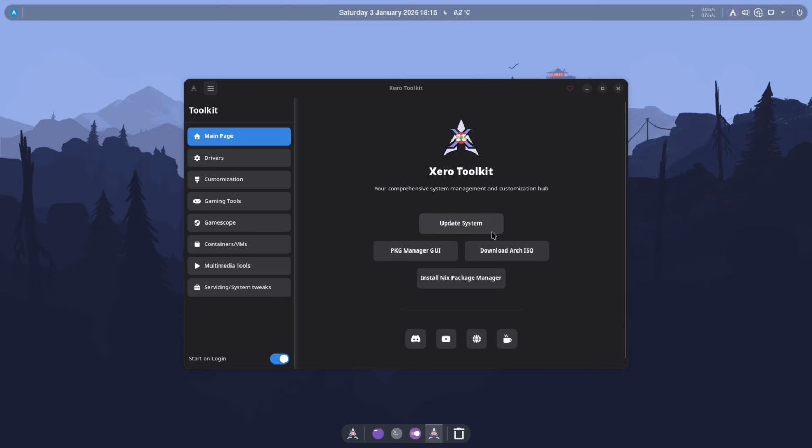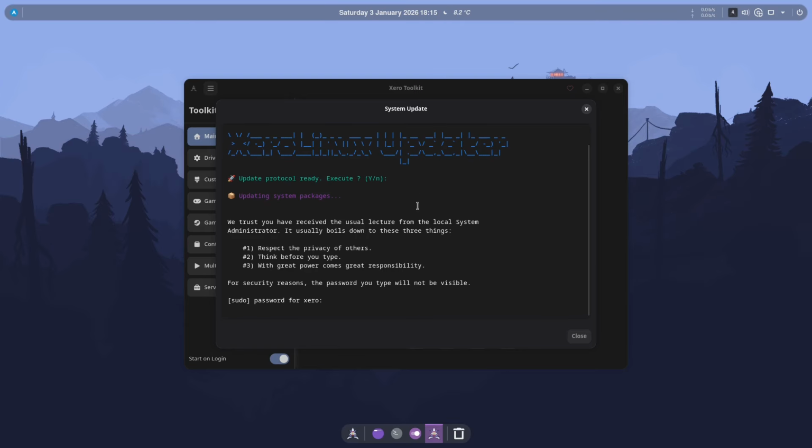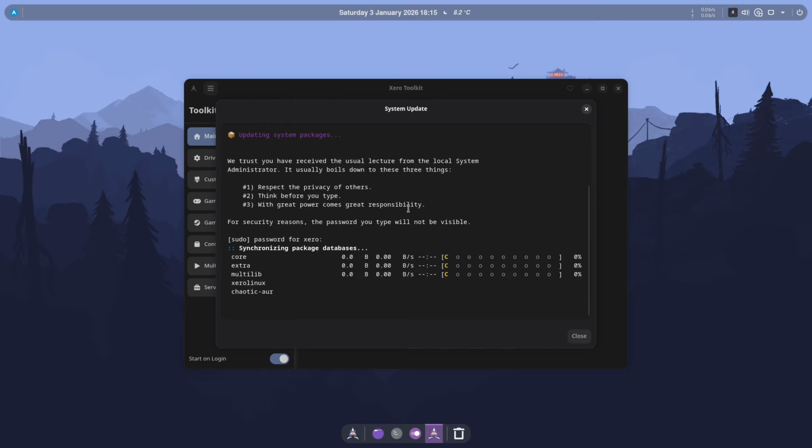So the main page is where you do the most common things like update system. When you click update system, you're gonna be greeted with this. And I love the way he implemented it. It's amazing. This script was written by me. It's part of a package called Extra Scripts. We implemented it into the toolkit. And I love how he put it in a window like this. It's really, really nice. The colors and everything pop. So you hit enter, and then you type your password, and it's going to go through